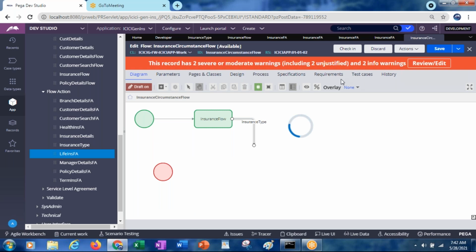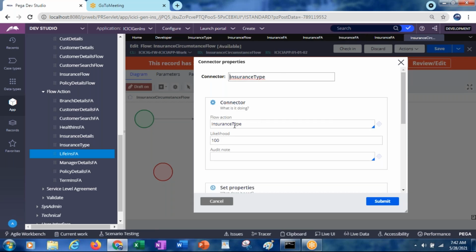Exactly this flow action will be. We have created something called the insurance flow action.